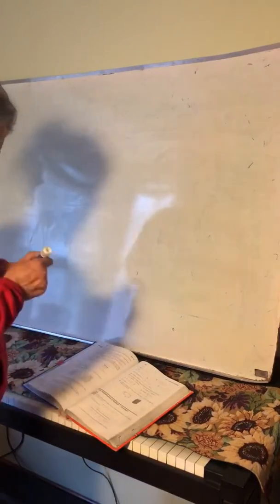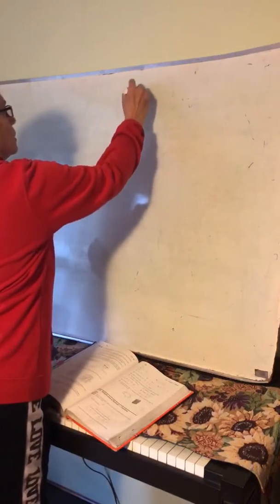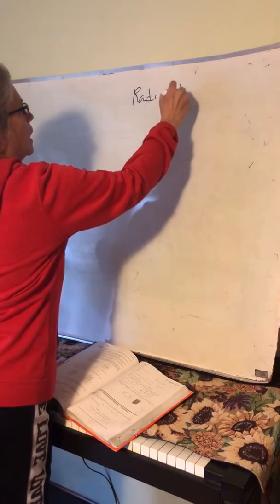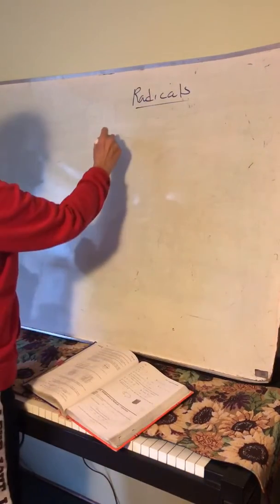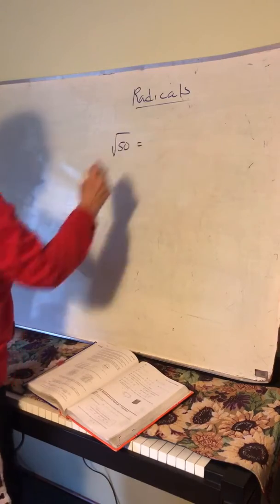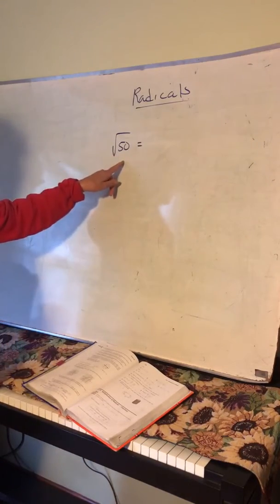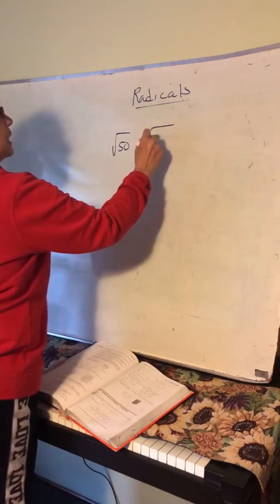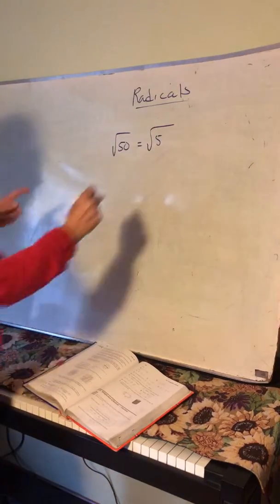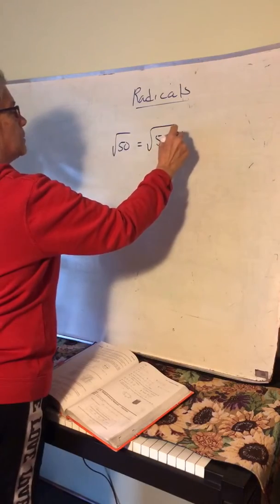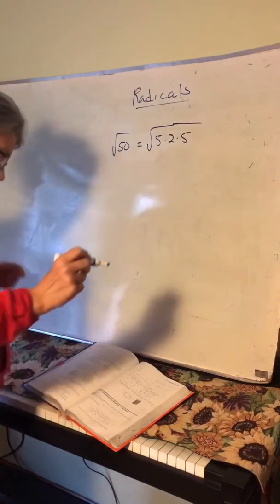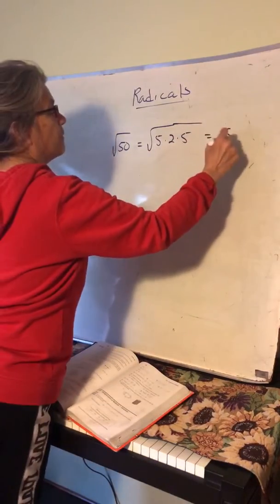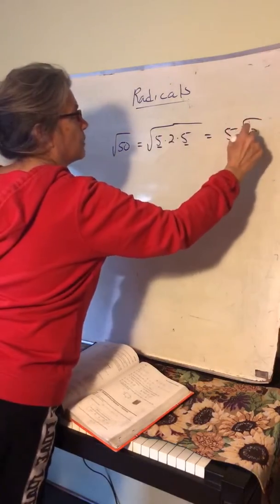This is lesson 84, and we're going to be doing radicals first. We did some of this: the square root of 50, and then you do the prime factorization, and you get 5 as a prime number times 2 times another 5, and then to simplify,